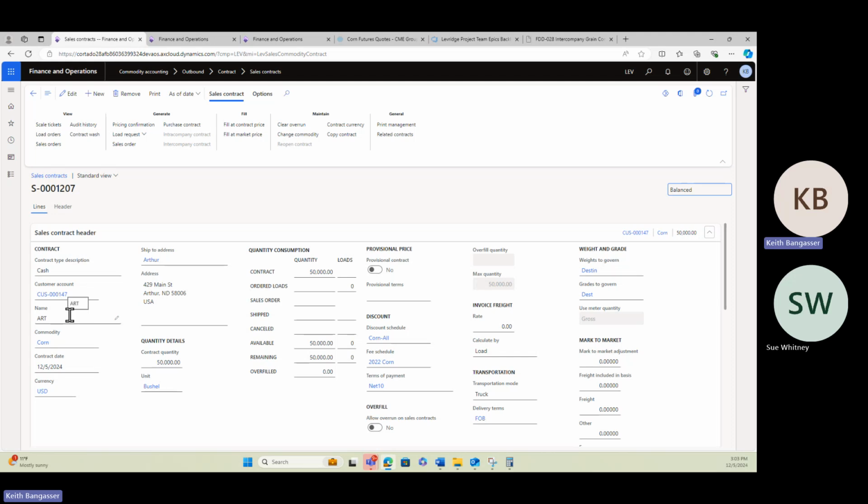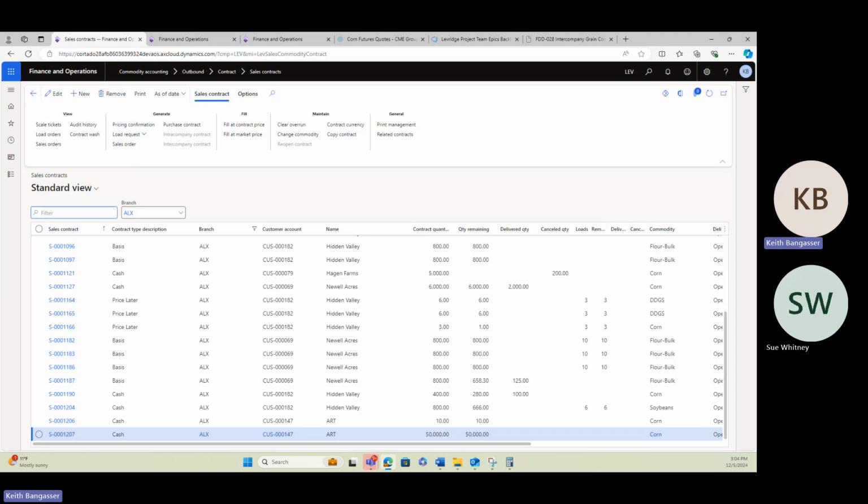That's called intracompany. We can also do that same thing across companies or across legal entities. And in order to do that, there's an additional setup that we do. That's because the company that we're going to create the new contract in might not have the same item IDs. They might not have the same terms codes or origin or destination codes inside that company. So we want the ability to translate or use the codes from the destination company when creating that contract. So let's take a look at